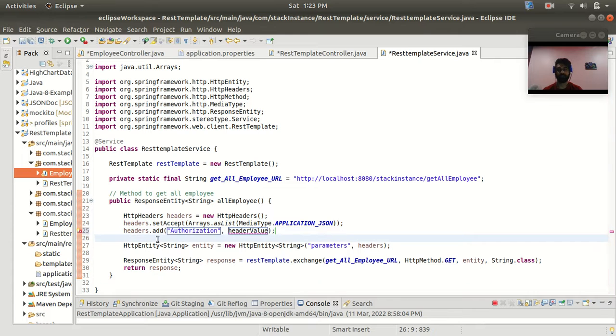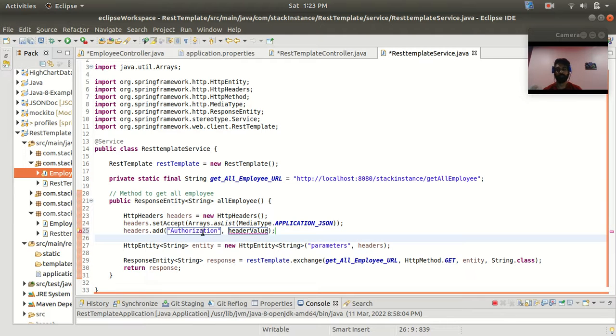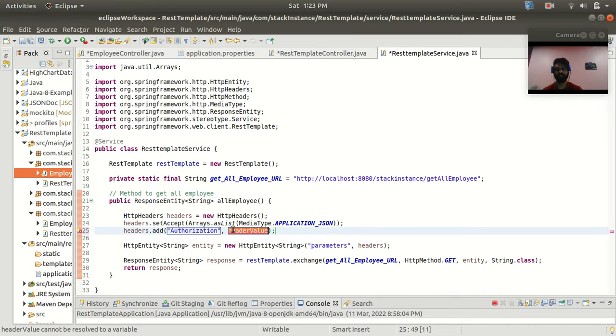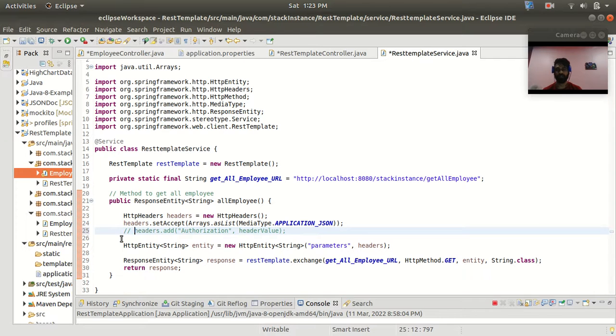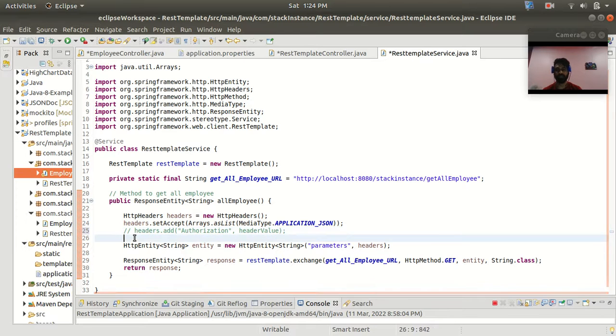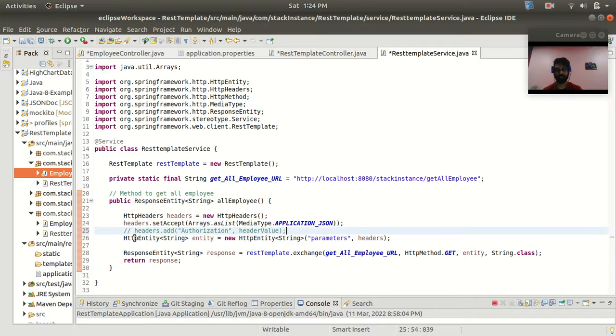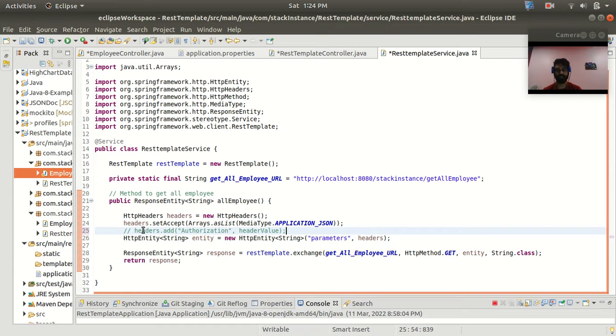You can pass your token ID in the header, and here in the value you need to call another service in which you will call the method which will give you the token, right? And this token you can set in the authorization key in your header, and in the same way you can pass this with the entity, right? So for now I don't have any token like Spring Security implemented in my testing application, so I will not use this header, but you can use it according to your requirement. All right,